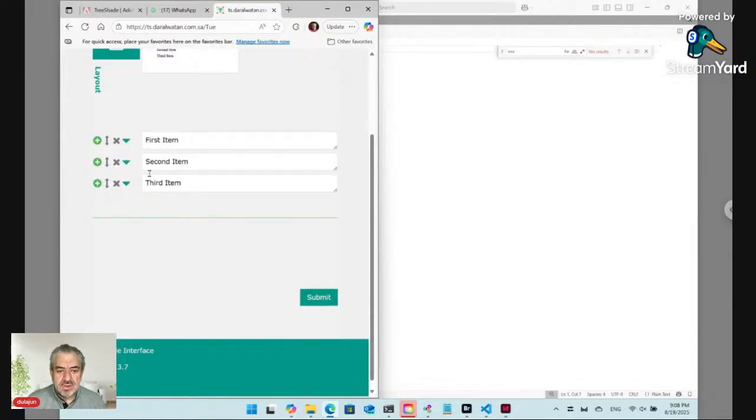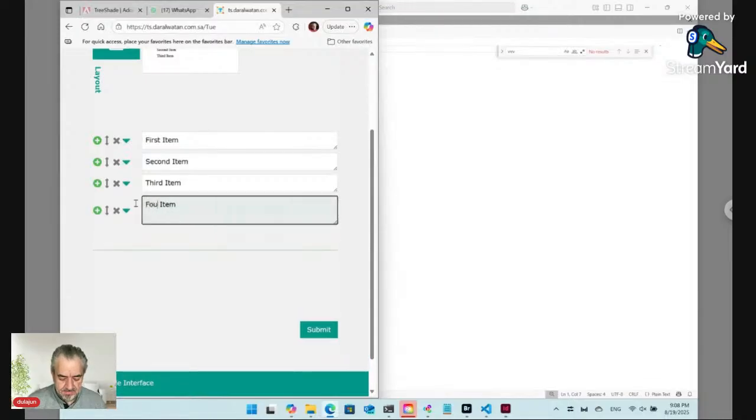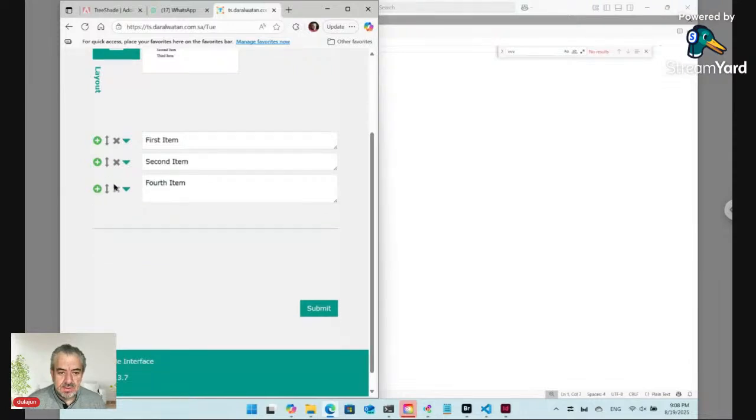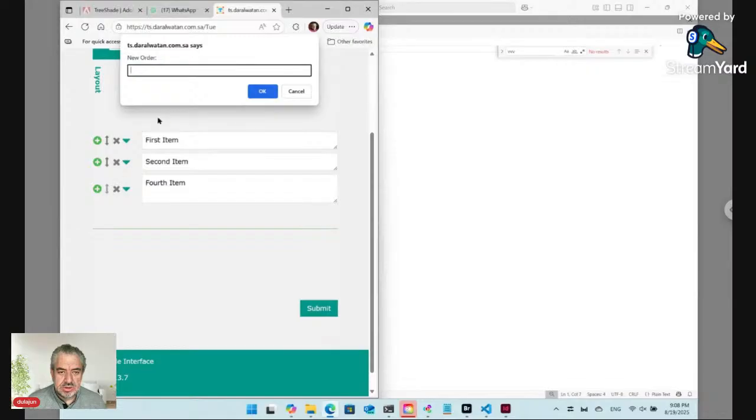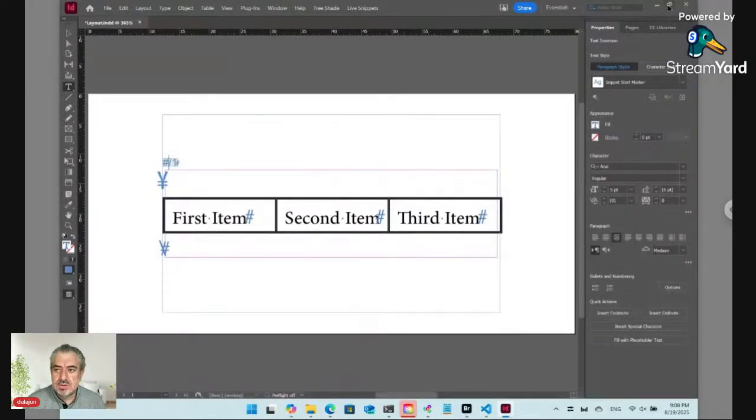And here I have a list of text files. You can edit remotely by adding or removing or rearranging. And when you click submit, it's